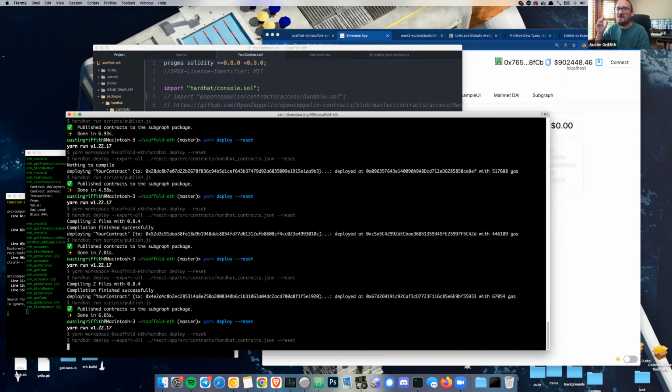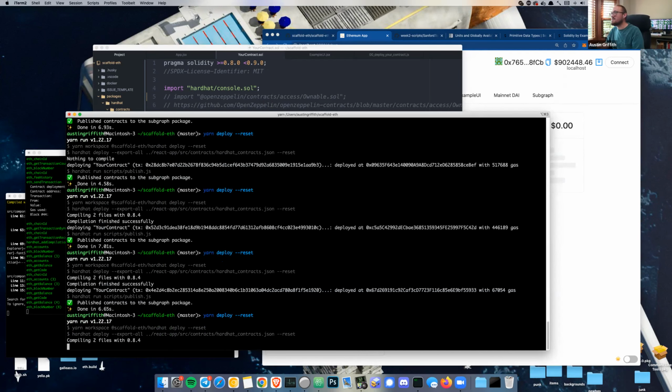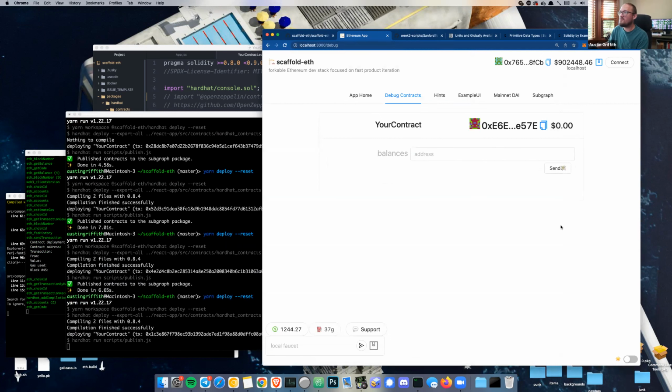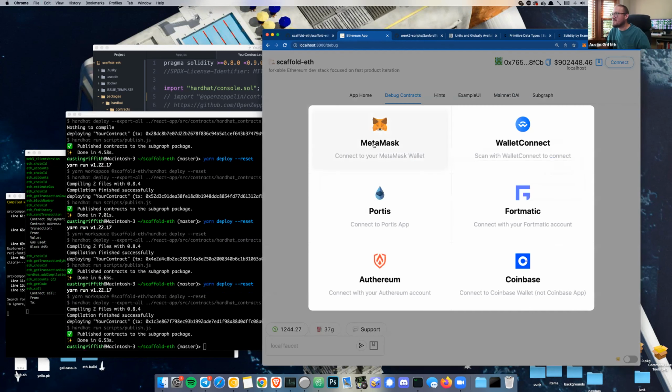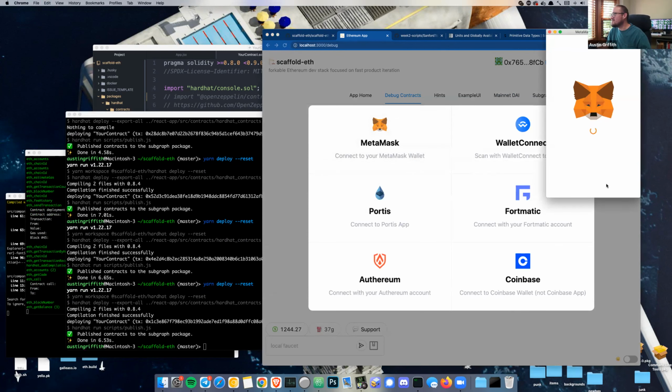Let's see if it works, right? We're just tinkering with Solidity. We're seeing it in the front end. We're poking at it, making sure it does what it needs to do. Let's see what happens when we check our balance. Awesome. And if I connect my MetaMask or something and check its balance,